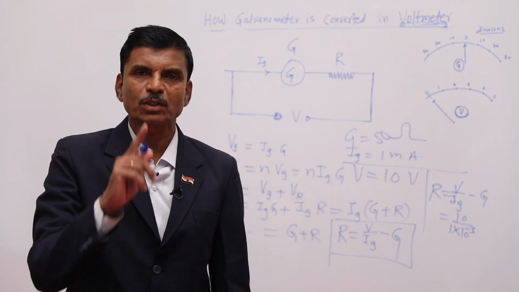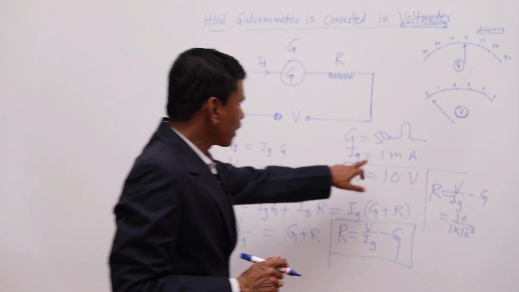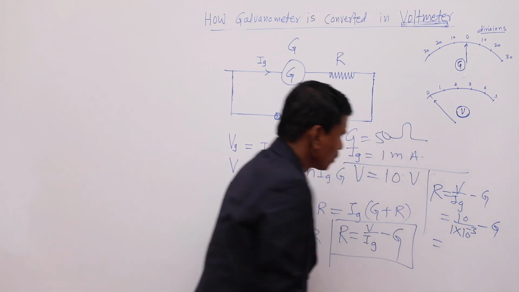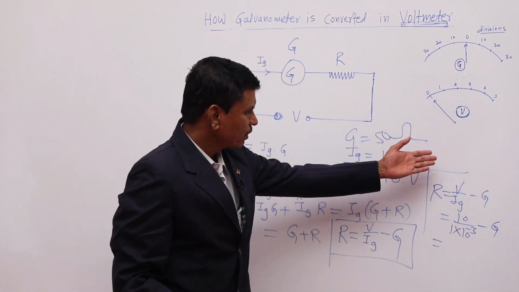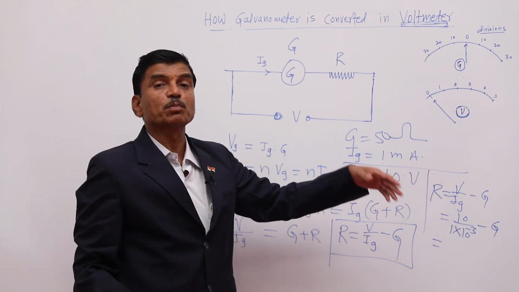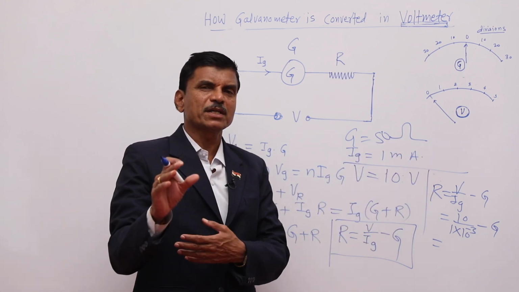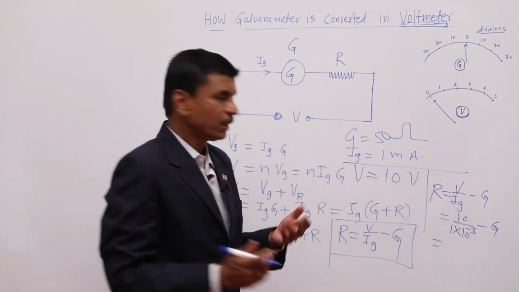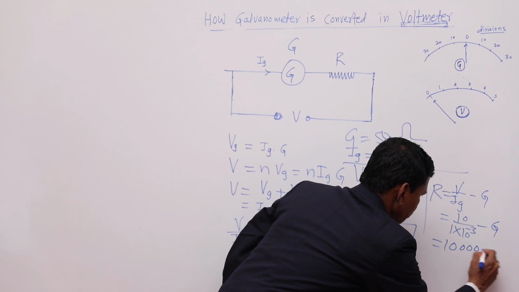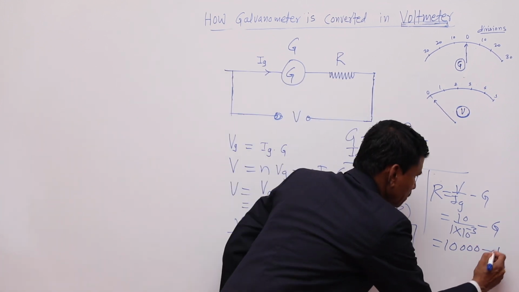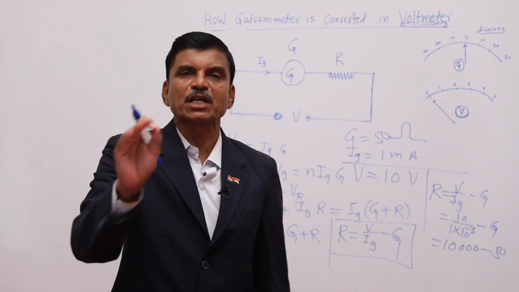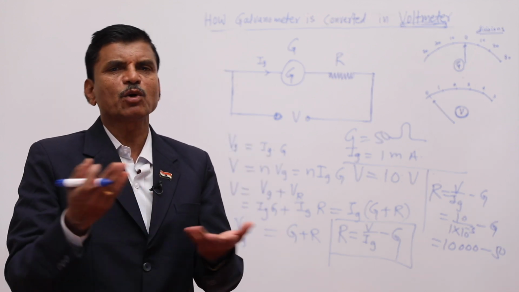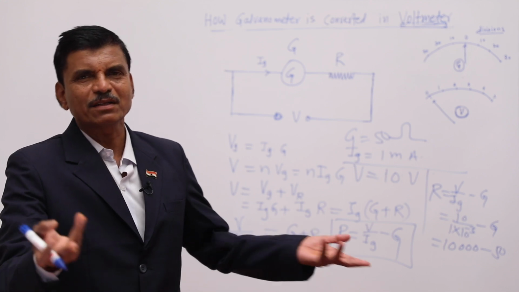1000 milliampere is equal to 1 ampere. So we will divide this value by 1000 and minus G. So 10 raised to minus 3 goes to the numerator, and that will be 10 raised to plus 3. 10 raised to plus 3 means 1000. 1000 into 10, so what will it be? 10,000 minus G, that is 50. So 10,000 minus 50 will be 9,950 ohm. Okay? So that is the answer.